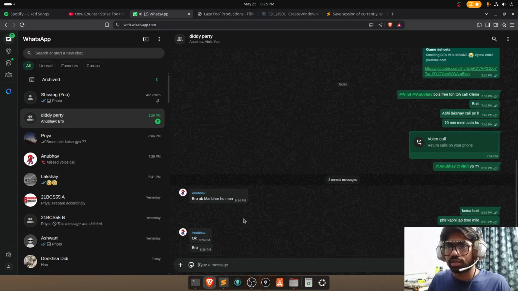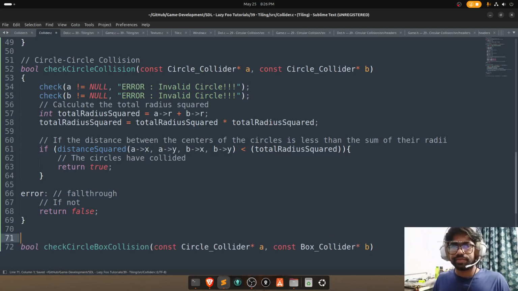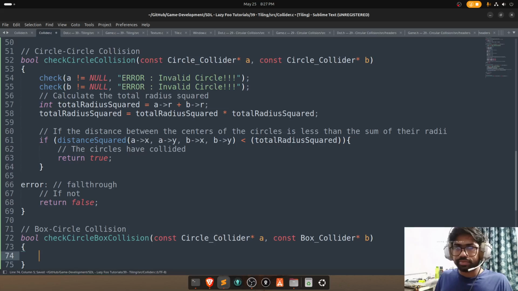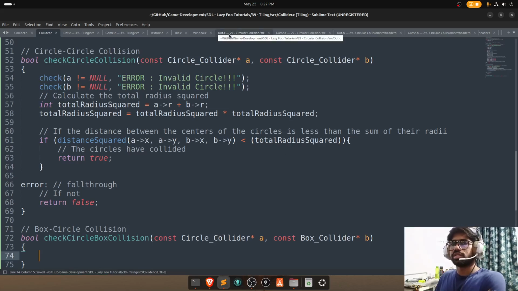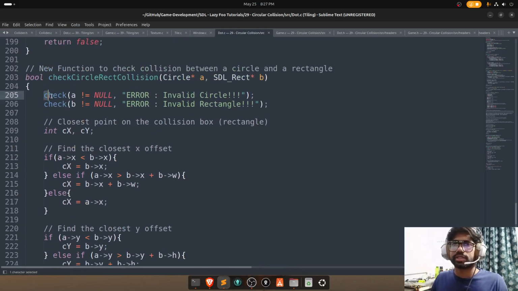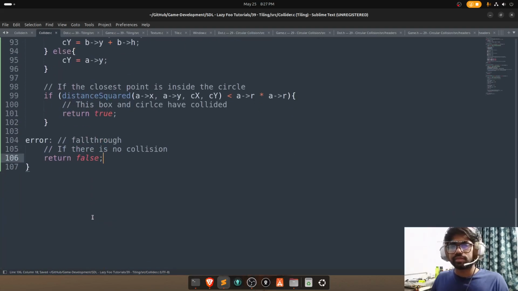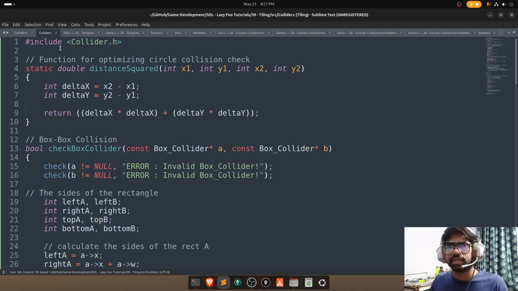Okay, right, so we have this. Then I can simply go here, collision, circle collision dot c. Then we have this, the closest x offset. Oh right, offsets. Okay, great. Now I have this collider,